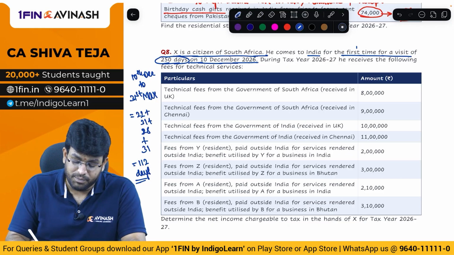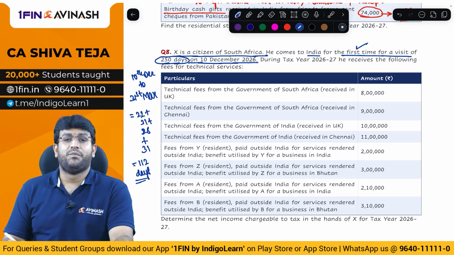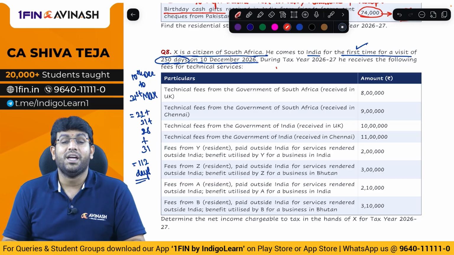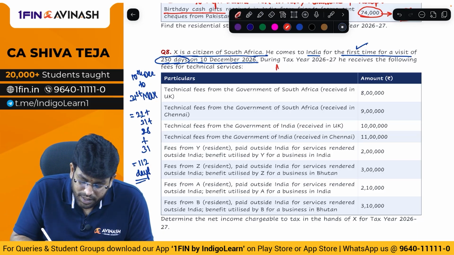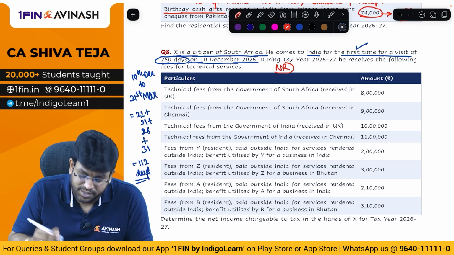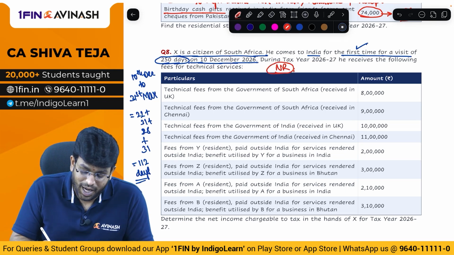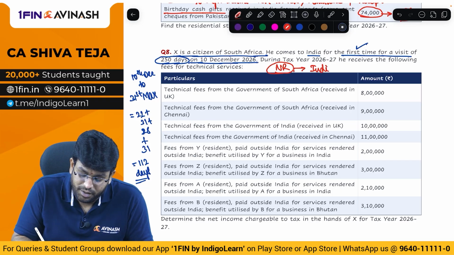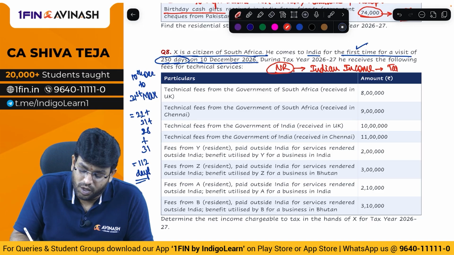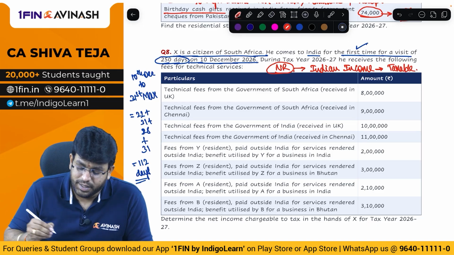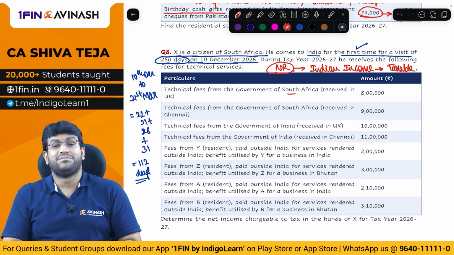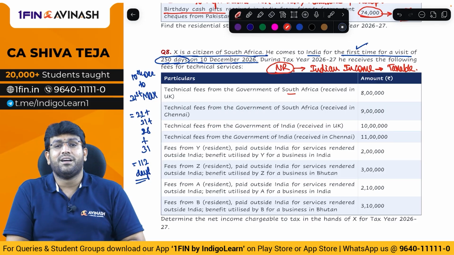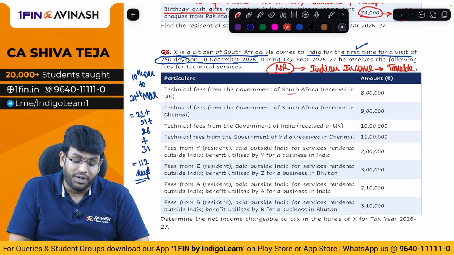And the problem here is he has come to India for the first time. If it is first time, then he can't satisfy 60 and 365 also. He can't satisfy 182 days condition also. Then definitely our friend Mr. X will be a non-resident. And the moment we conclude that he is a non-resident, what will happen, my dear friends? The moment we conclude that he is a non-resident, only Indian income will be taxable, because non-resident is taxable only in respect of Indian income. Are we all getting clarity, everybody? Please speak out. Come on, see the point.